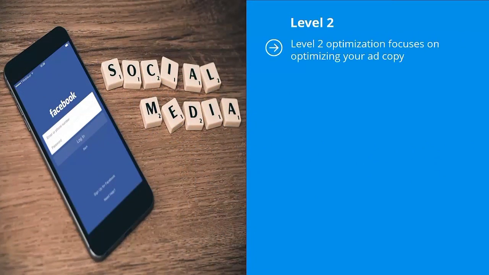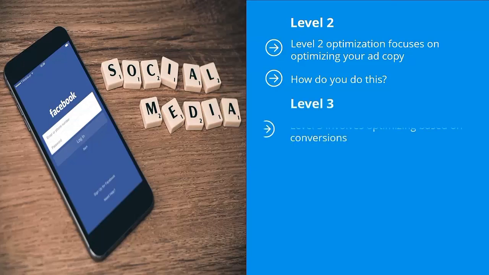Level 2. Level 2 optimization focuses on optimizing your ad copy. As I've mentioned above, lead generation campaigns on Facebook can and do get very expensive. It seems like you're doing all this for basically a handful of emails. This is why it's really important to make sure that you run a fully optimized campaign to get the most results. How do you do this? Well, you optimize your ad copy on an elemental level. Still, I want you to get a heads up this early on regarding the amount of optimization that you would have to do. It is quite intensive. You can't leave things at a surface level. That's just not going to work.